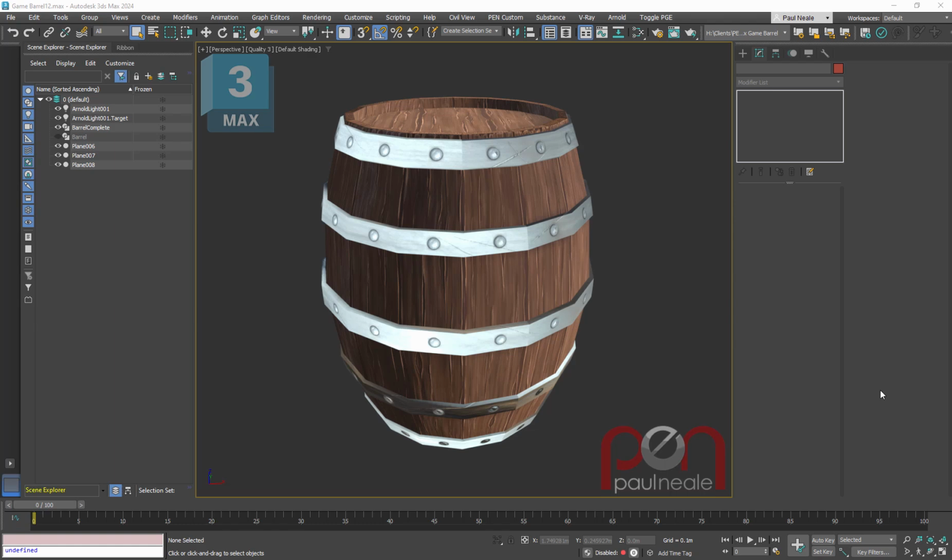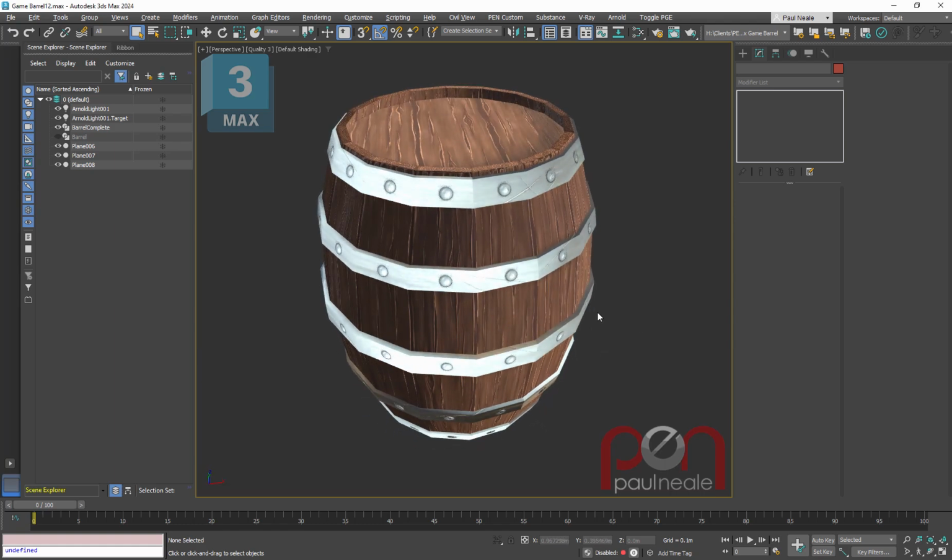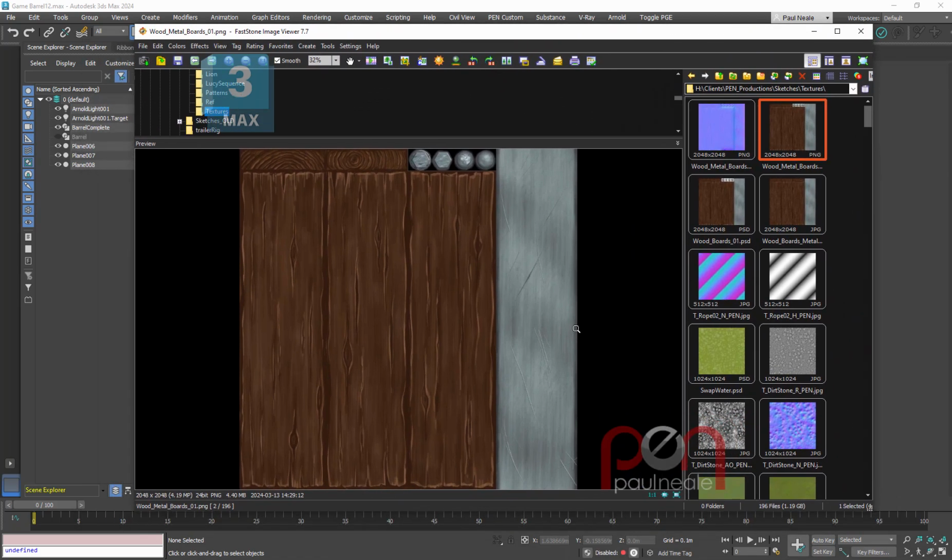What I'm going to do now is show how to take the barrel that I did in the previous video and texture it, but it's going to be a little unique because I'm actually going to texture it with a pre-existing texture. So I have some textures I've done. This one includes pieces of wood as well as a chunk of metal, and it has an alpha as well for some fasteners